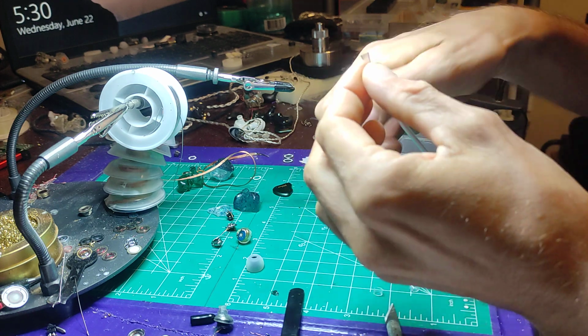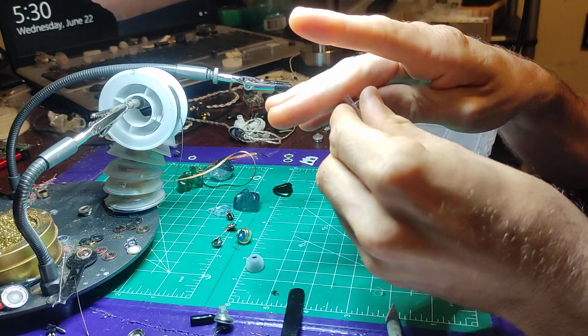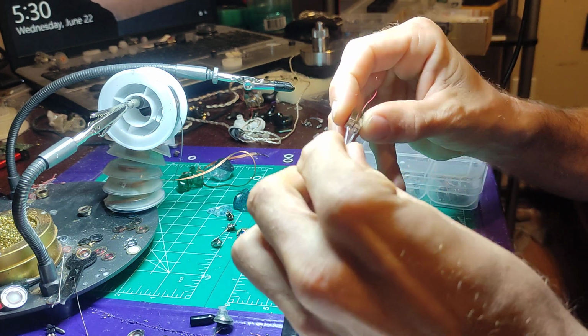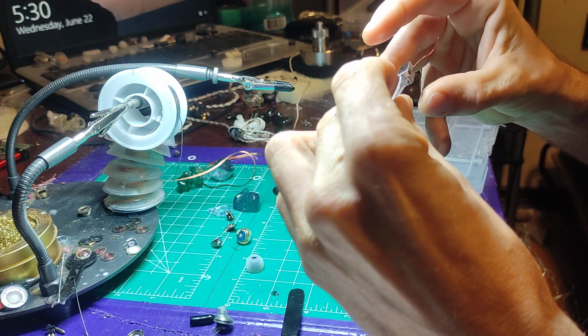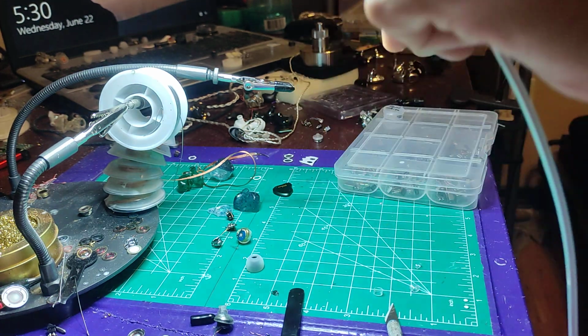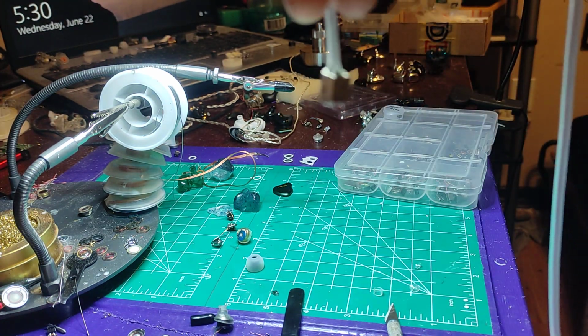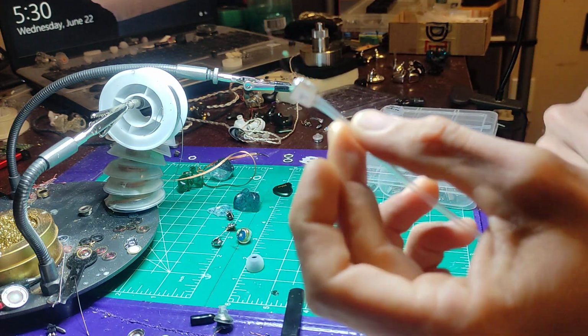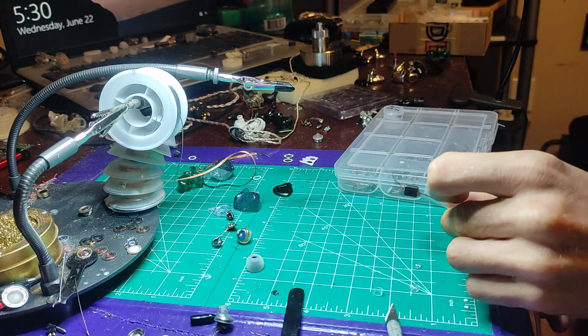So there's a little bit more. This should be perfect right here. Yeah, there we go. So once it's tight enough to kind of hold them a little bit, that's where you know that it's good. Okay? So what we're going to need to do now